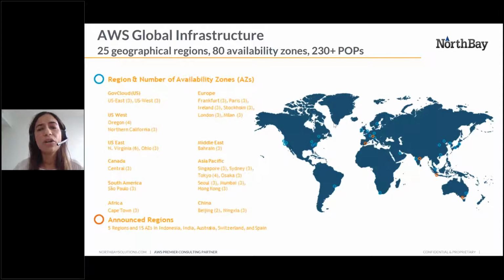Another aspect that sets us apart is our global infrastructure, which is comprised of 25 geographical regions, 80 availability zones, and more than 230 points of presence. So our infrastructure is the most secure, extensive, and reliable platform, offering over 200 fully featured services from data centers globally. Whether our customers need to deploy application workloads across the globe in a single click, or they want to build and deploy specific applications closer to their end users with single-digit millisecond latency, we provide the cloud infrastructure where and when they need it.